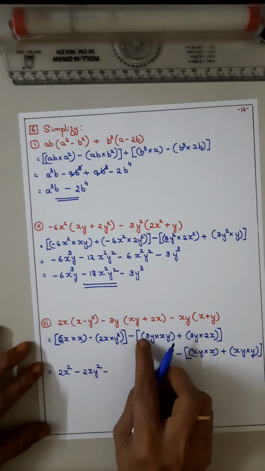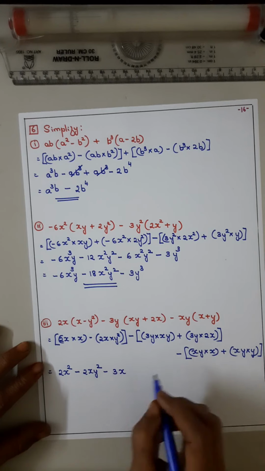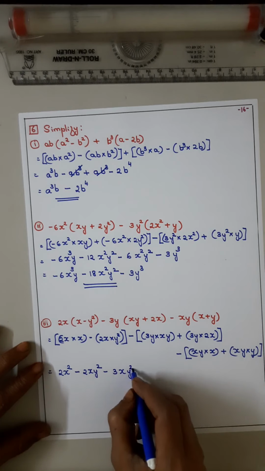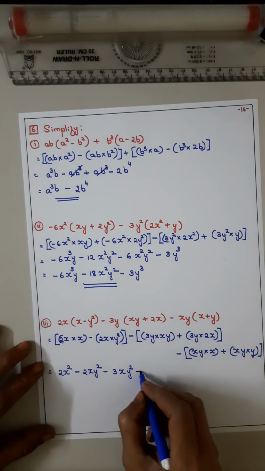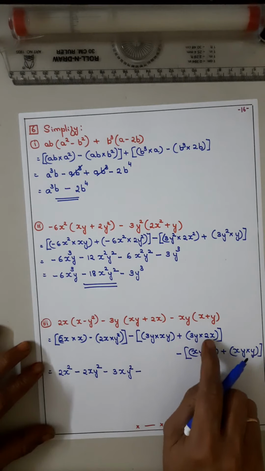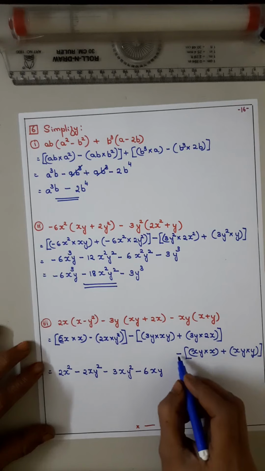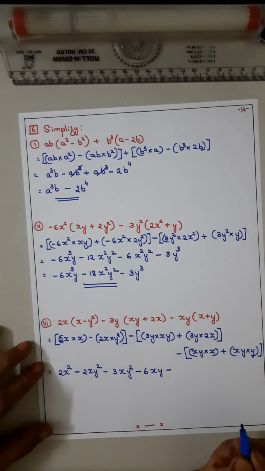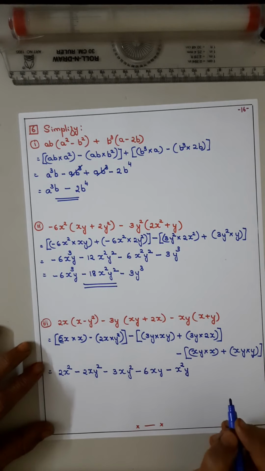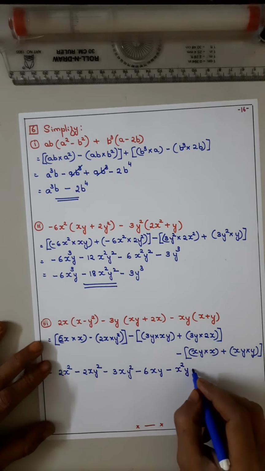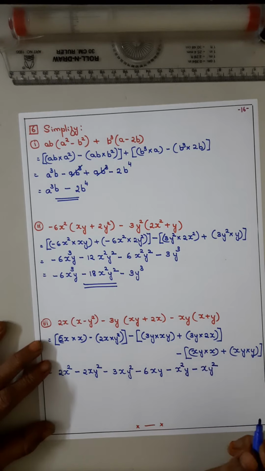Now this becomes minus, so it will be minus only. Here it is plus, so minus plus minus 3. Now it is x one time, y 2 times, that is why y squared. Now it will be minus plus minus 3 2s are 6 xy. Now here minus plus again it is minus x, that is x squared and 1 y, minus plus, so minus x and y 2 times.